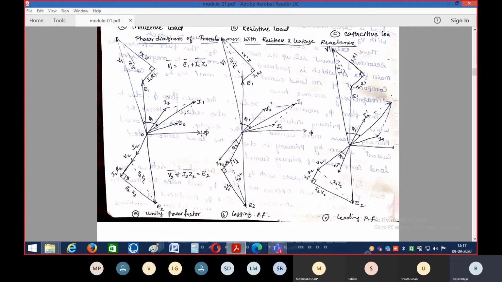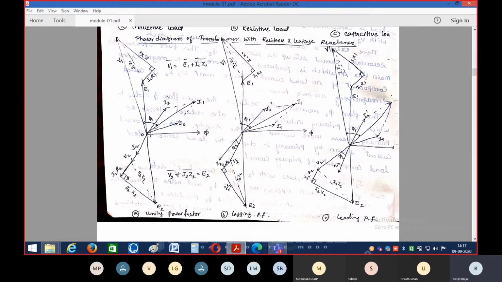First let us take the flux, or working flux, as a reference. So this horizontal line represents the working flux, phi. This is called the working flux. With respect to the working flux, the induced EMFs E1 and E2 are always 90 degrees lagging. So this is E2, and similarly in phase with this we have E1 also. Exactly opposite to the E1 phase, if I represent it, it becomes minus E1.